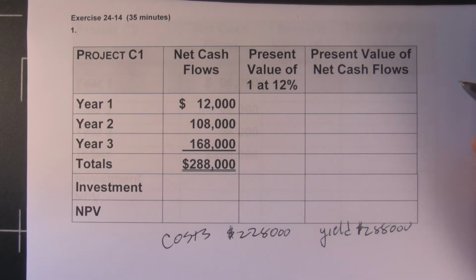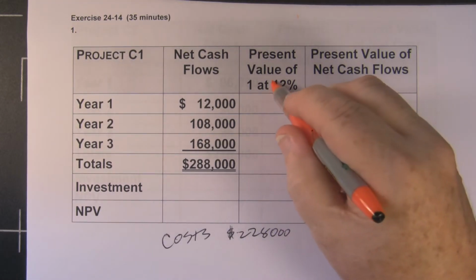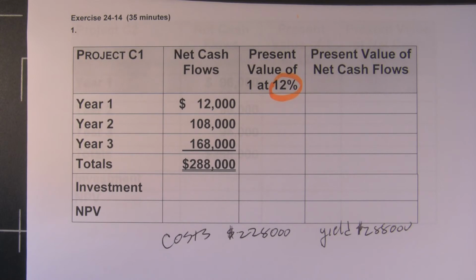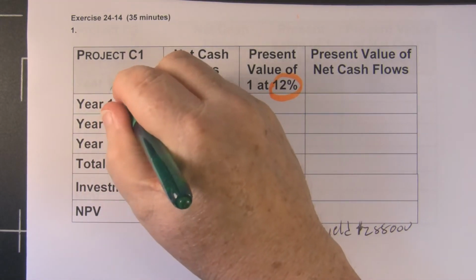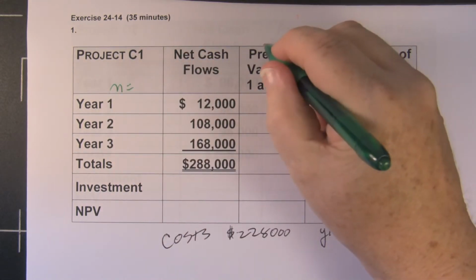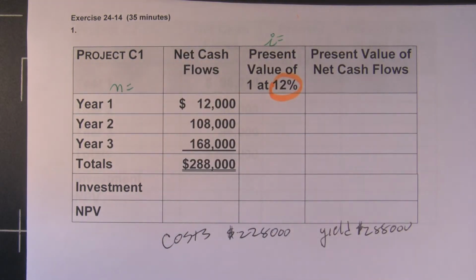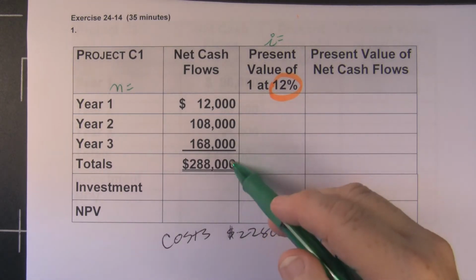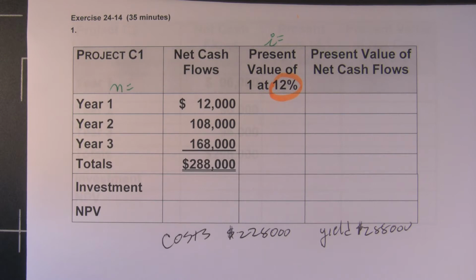They tell us that we use a required rate of return of 12%. So for every project we evaluate it using a 12% return. So I have to chase you back off to your present value tables. This time your N is 1, 2, or 3, and the I is 12. So if you go to your present value table for a sum, because these are all sums,